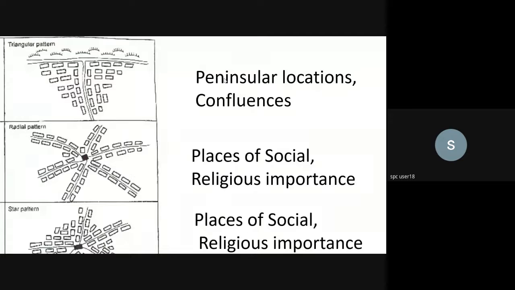Triangular pattern, obviously, you'll see in peninsular locations. You go to a peninsula, in the sense not that of India, because that would be a very large scale. You'll see that you have a small island and you go towards the corner of that particular island, you would have a peninsular pattern. So, for example, I can now say that the southern part of Mumbai, which is a tapering thing, is a peninsular location. Then you'll see that if you have two rivers,